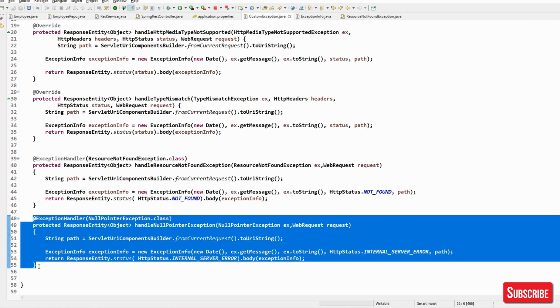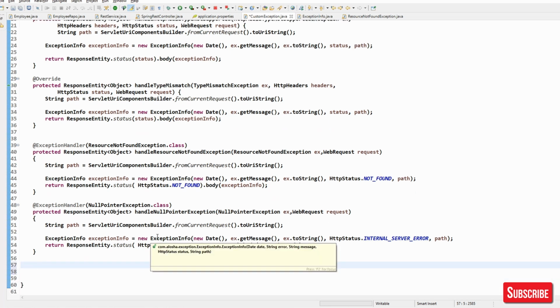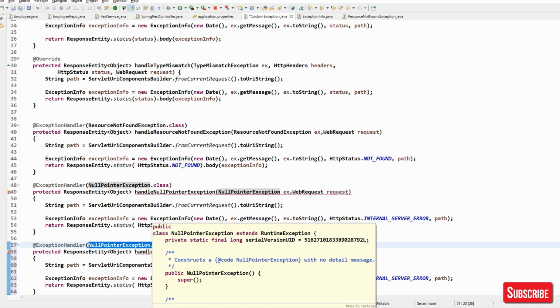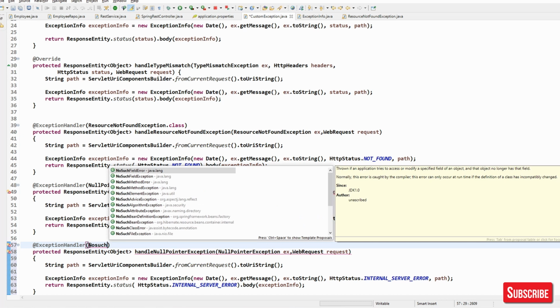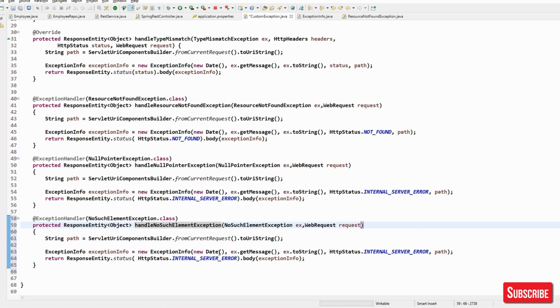Similarly, in the case of NoSuchElementException, we'll go with NoSuchElementException.class, and in this case we will go with not found.